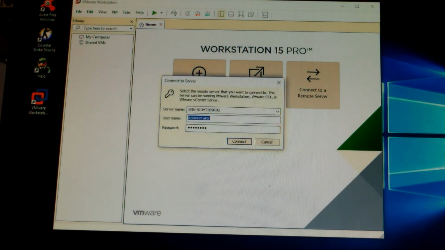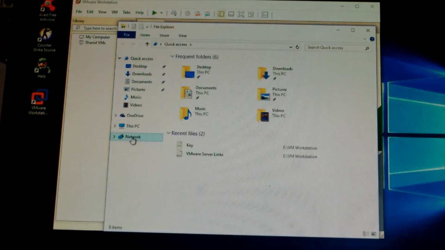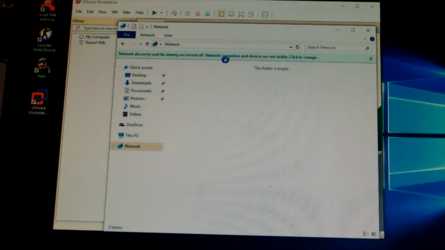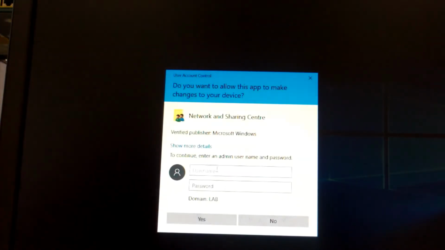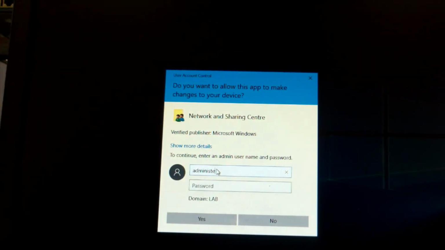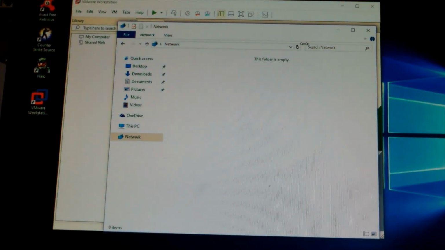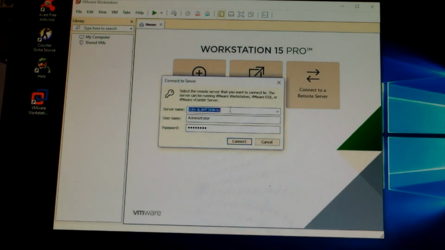No, so hang on a sec. It might be because it's not sharing properly. Right, my network discovery is off, so I need to turn that on. That might be why. So these are the same things that the kids may come up with. So seeing them happen now is quite a good thing, so that we can hopefully